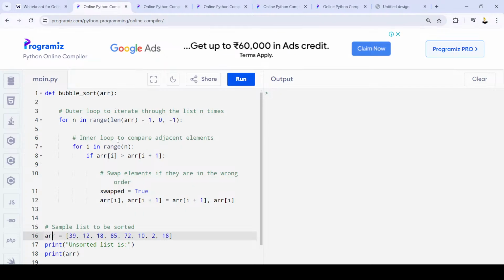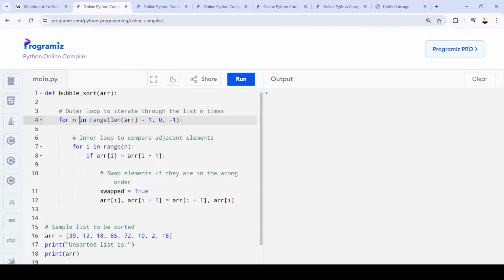In the next line here we are using a for loop that iterates from the end of the list towards the beginning, right? The loop starts at length of array minus 1, which is the end point of the array, right? The last index. Len is the function that we use to find out the length of the array, and -1 means the last index of the array, right? We did that because we are not sure what is the size of the array that we are using, right? That is why we are using len(array) -1 to indicate the last index of the array,